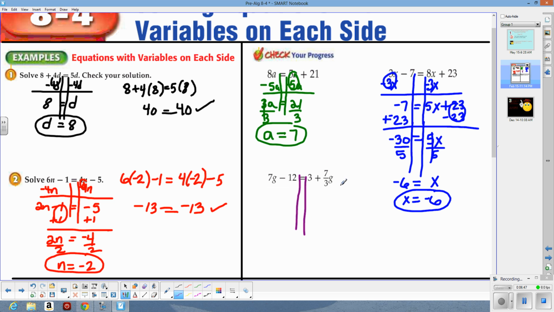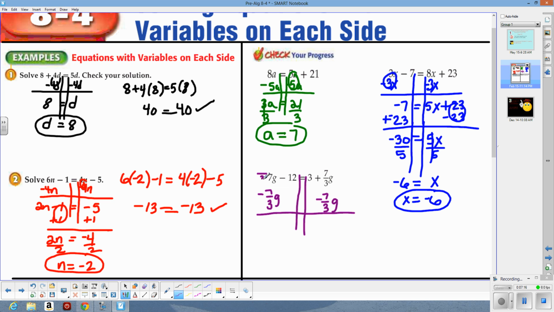I'm going to want to get rid of either the 7g or the 7/3 g. I'm going to get rid of the 7/3 g by subtracting 7/3 g from both sides. When I subtract the 7/3 g, I'm going to subtract it from the g's since they're like terms. Now 7g minus 7/3 g, I'm going to rewrite this 7g as a fraction with 3 in the denominator so